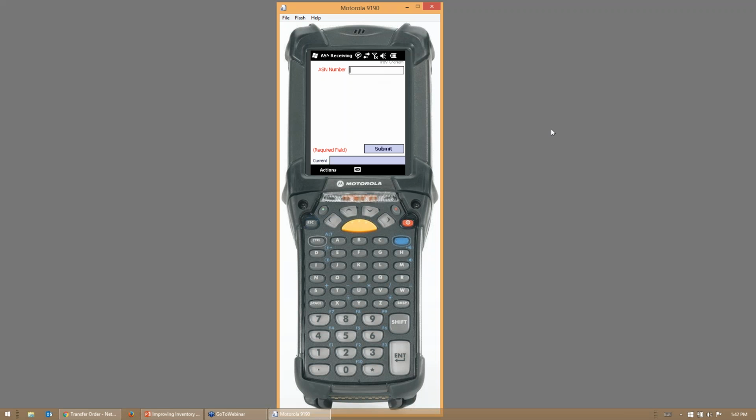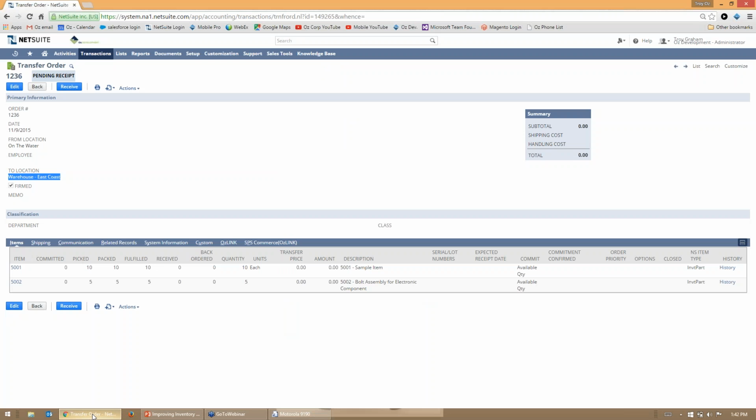So if I scan the first one here, what OzLINK is going to do is look at a custom record that contains all of the details and automatically create that receipt in my warehouse location. In this case, I'm trusting my supplier to have accurately given me an ASN. But if I come back here and simply refresh my transfer order record, now we can see with that single barcode scan, these items have been received into my East Coast warehouse location, and they're available